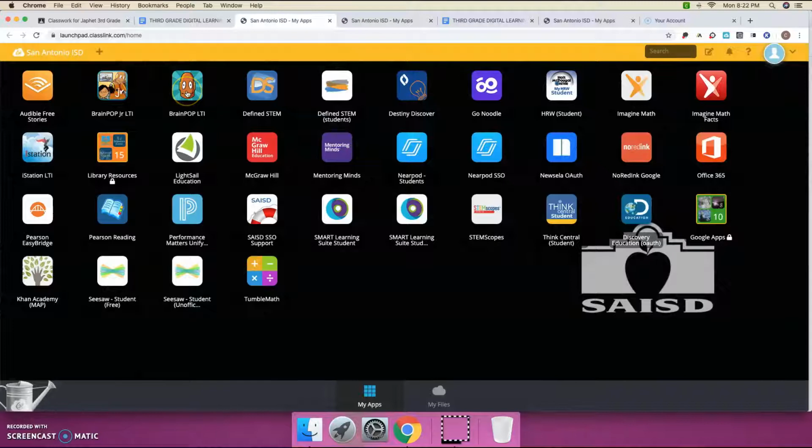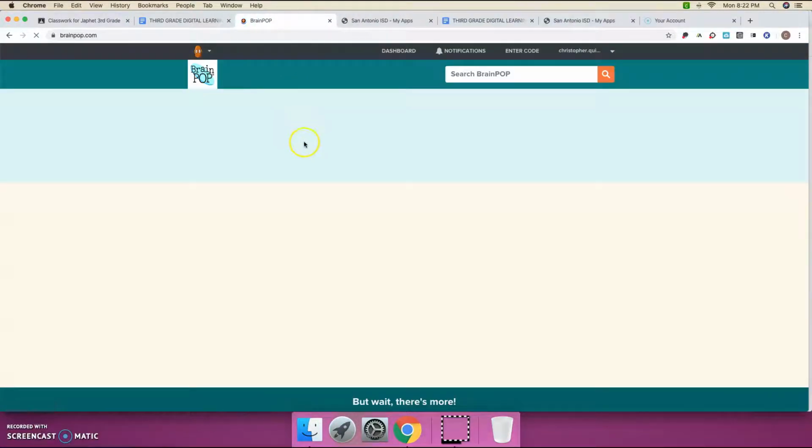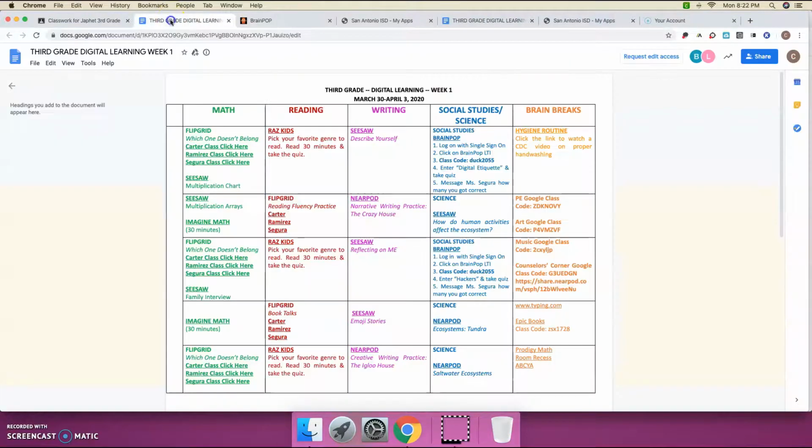And here is your Brain Pop. Close that. And it says, log in with single sign-on, you did. Click on Brain Pop, you did. Class code DUCK 2055, you don't need that because you're in already. It says enter digital etiquette